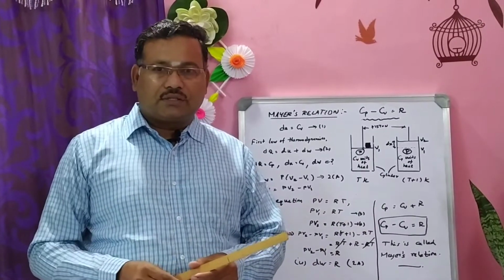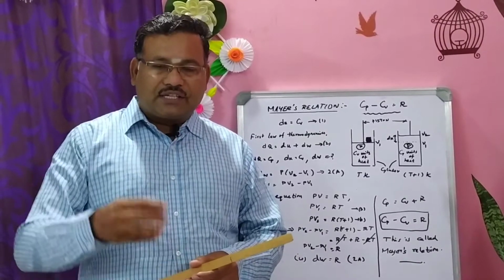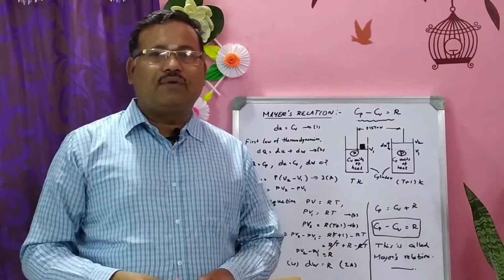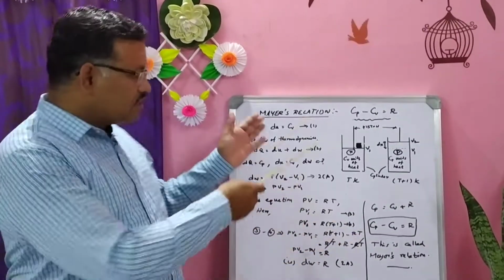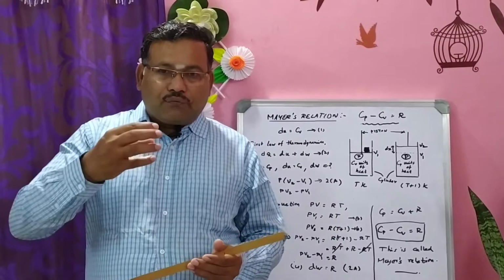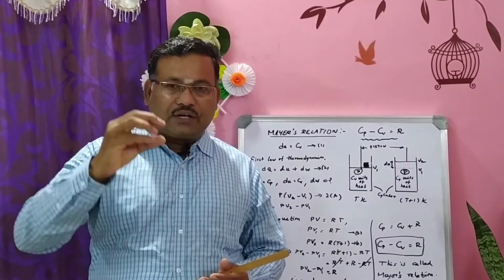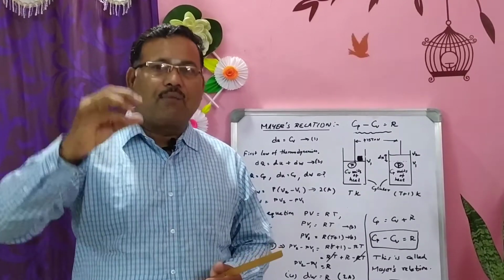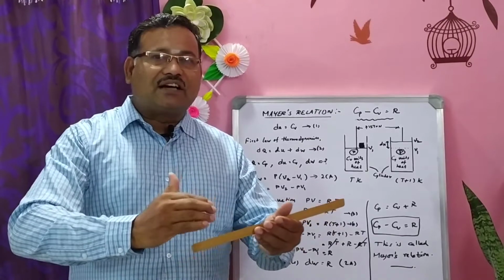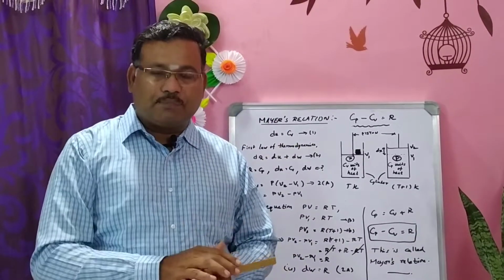Only a small difference. Earlier you were taking unit mass of gas, that means 1 kg of gas. Instead of 1 kg of gas, suppose you take 1 gram mole of gas. In the derivation also we are going to consider 1 gram mole of gas only. The amount of heat required to raise the temperature of 1 gram mole of gas through 1 Kelvin at constant pressure is called molar specific heat capacity at constant pressure, that means Cp.